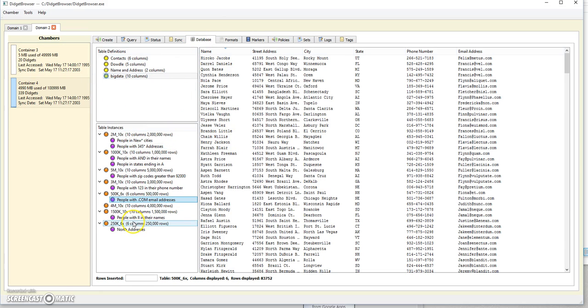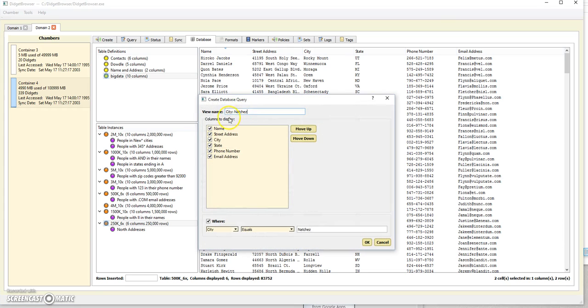Let me show you how to create a quick view. Let's say I want to find everybody that lived in the city of Natchez or Clarksville. I can just click on these 2 values and say create a view based off those. Instantly it'll say it's going to create a view called City Natchez where the city equals Natchez. Let's say we want to modify this one a little bit. We want everything that starts with the word Clark. So instead of equals Clark, we say